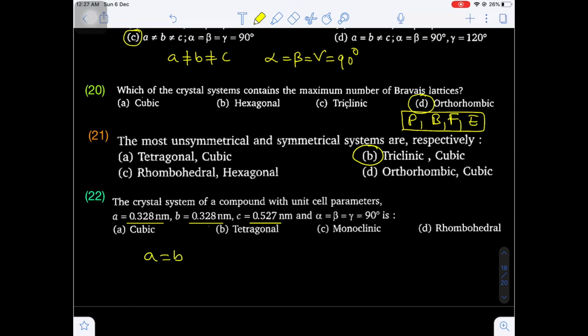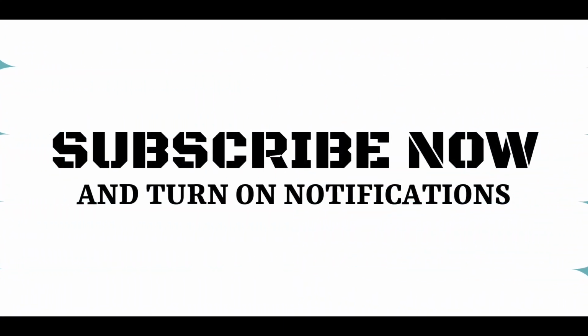That means a equal to b but not c. But still alpha, beta, gamma equal to 90 degrees. This corresponds to the second crystal system, called the tetragonal system. Tetragonal system, this will be option B. Yes,